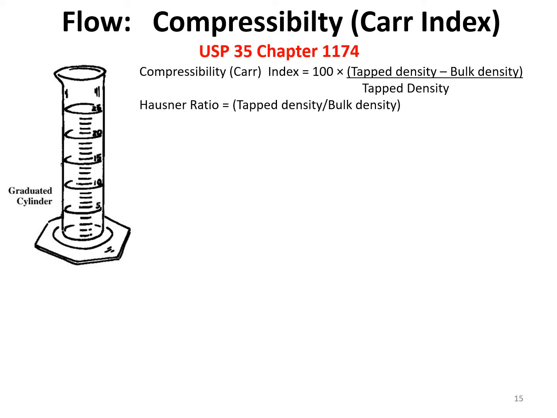I talked about Carr index and compressibility. In this simple test, you take a measuring cylinder, you fill it with powder, and you tip it end over end to get the bulk volume, with a hand over the top of the measuring cylinder, I should say. And then you take that volume reading and then you tap it down. And you tap it and tap it to see what the minimum volume is. Then the greater the difference, the more poorly flowing the material.